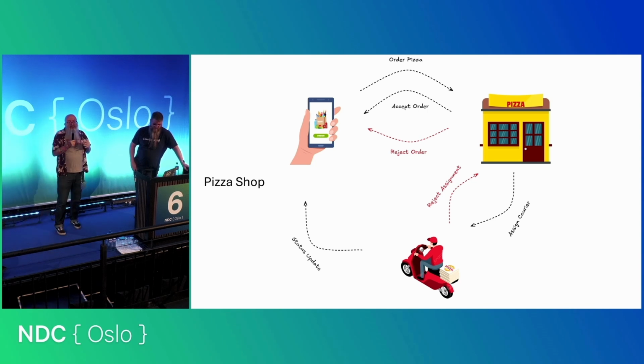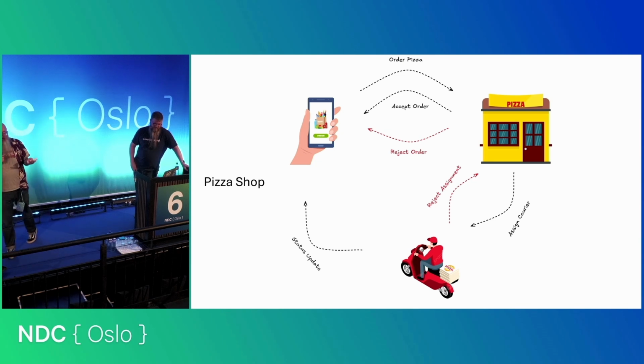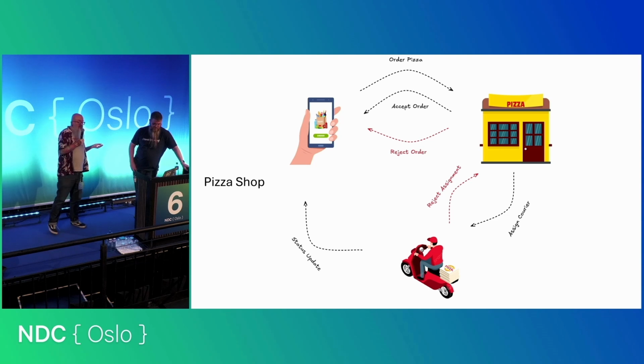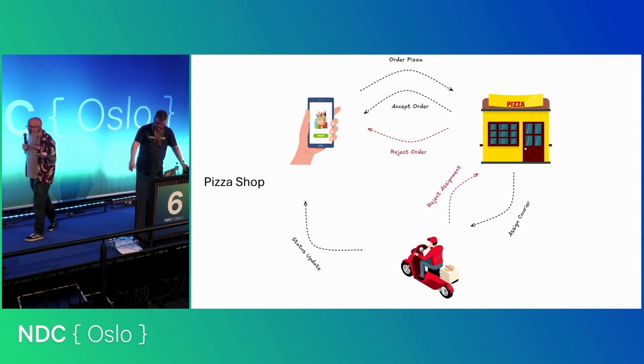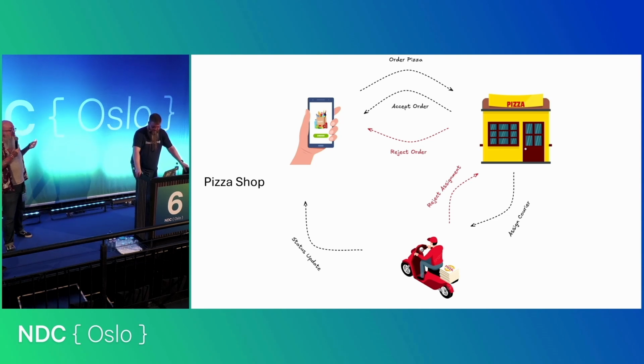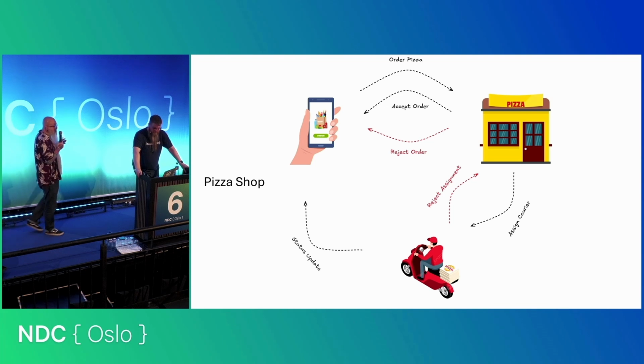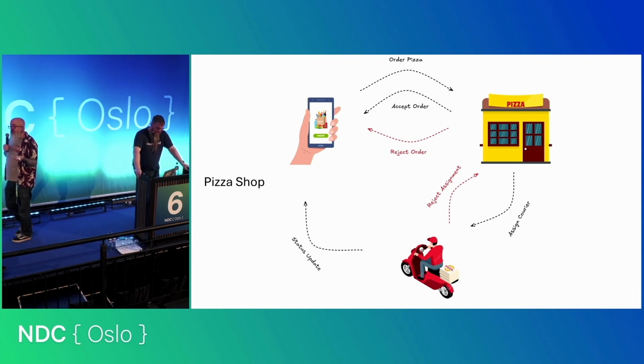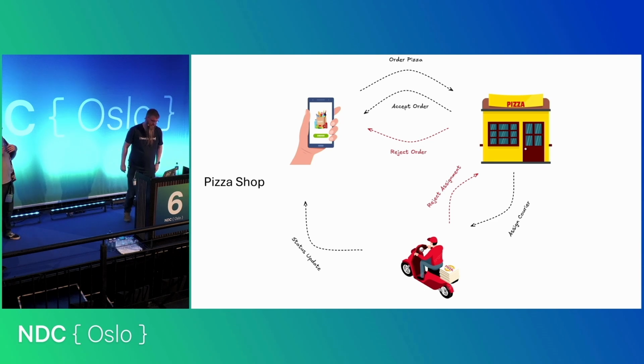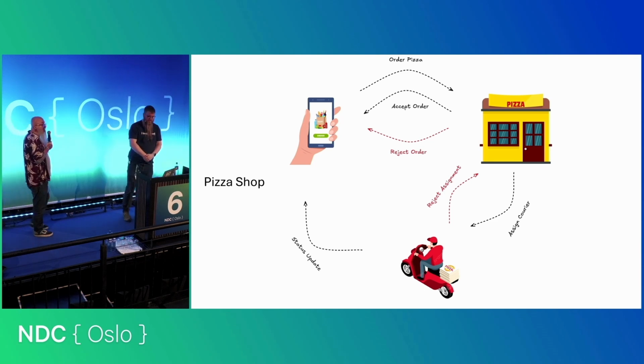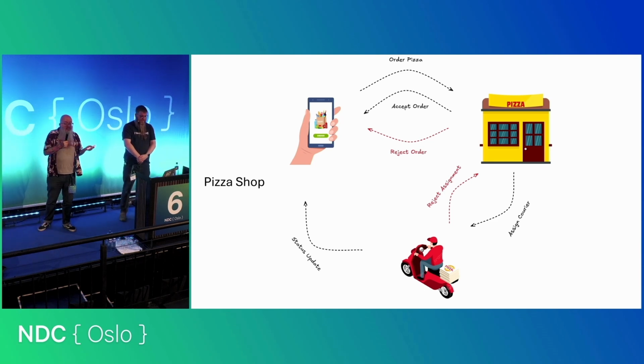And obviously, there are some message interactions. So we're going to send a message to order the pizza. In theory, you could get a message which says, hey, we can't take your order because we've run out of ingredients. We don't have any pineapple or anchovies left. And then you're going to cook the pizza, and you're going to need to find a courier to pick up the pizza. You're going to tell the courier the pizza is ready. The courier is going to come to your house, and you're going to want to see some notifications that the courier is on their way.